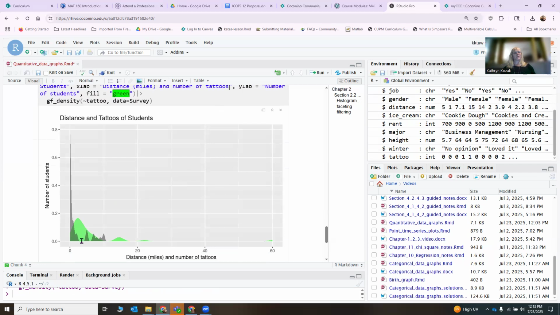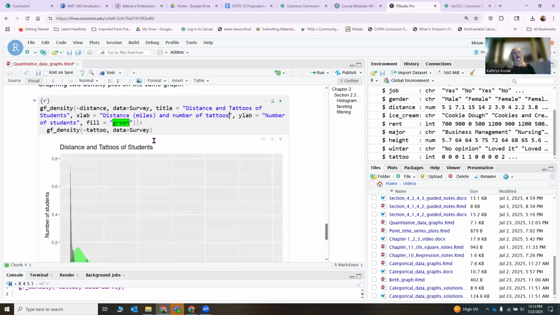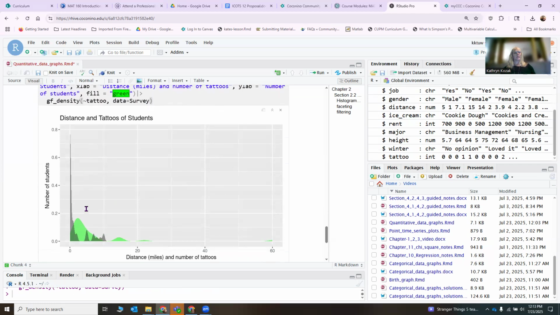Oh, I probably should do this a different color because now my problem is that I don't see much difference here. So maybe I'll put in a new color. I'll do a fill of, let's say, I don't want to use blue because blue and green look a lot alike to each other. I don't want to use red because red and green, people who are colorblind can't see them. So maybe I'll do